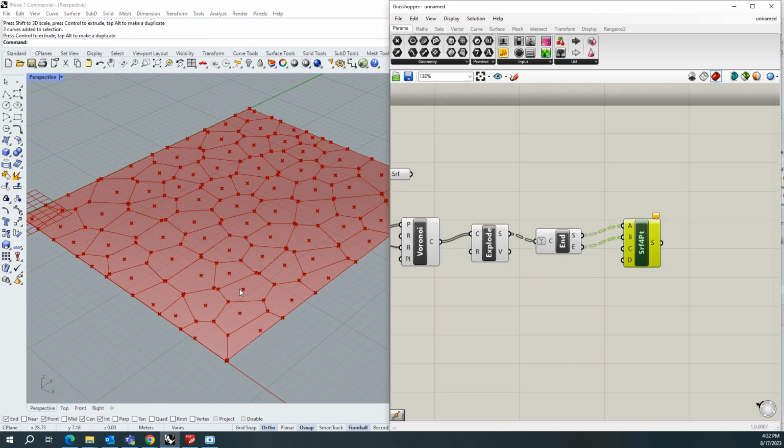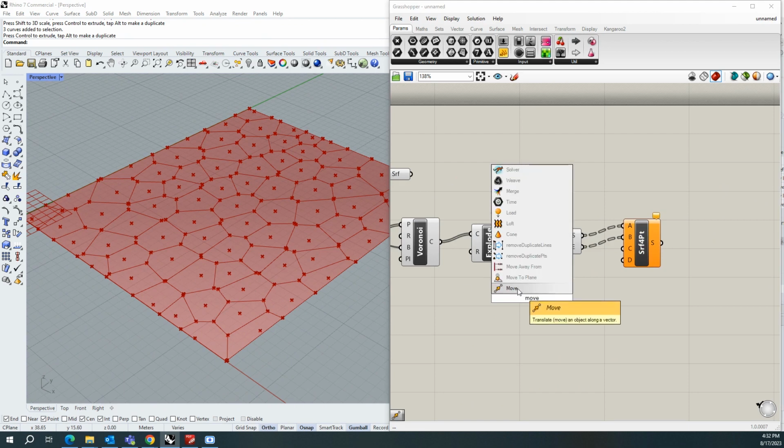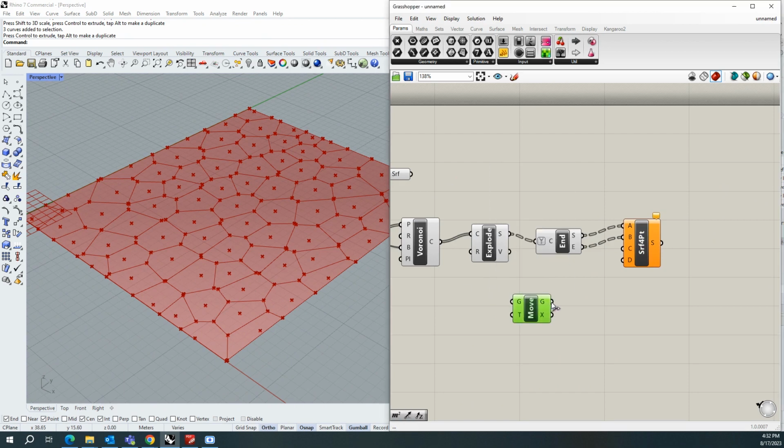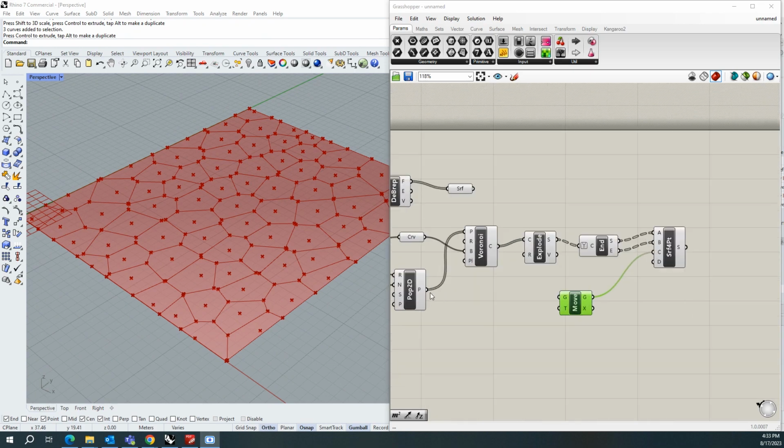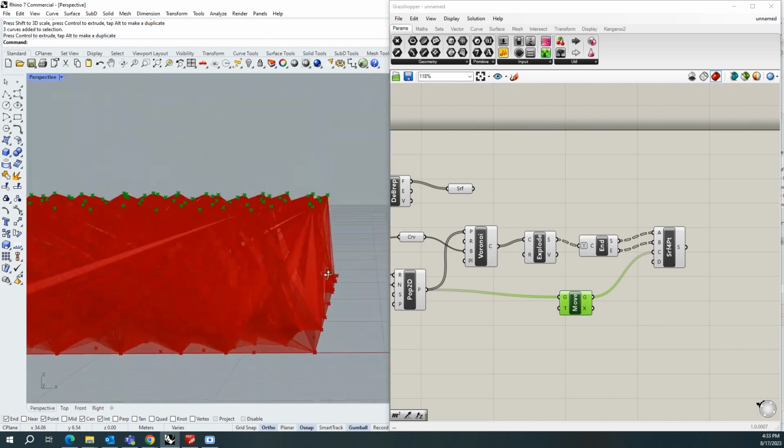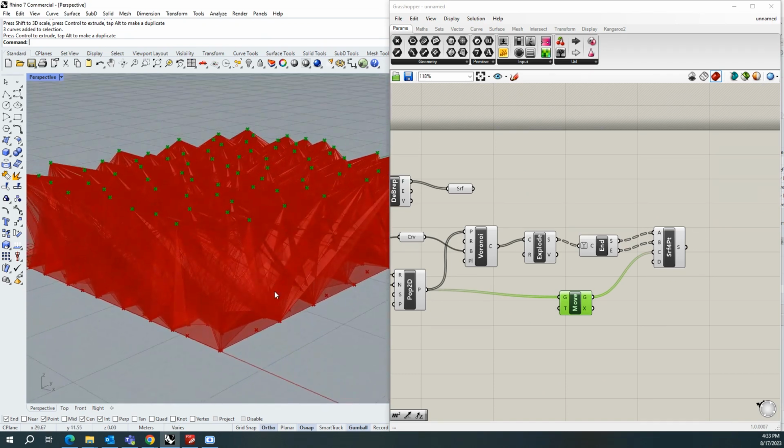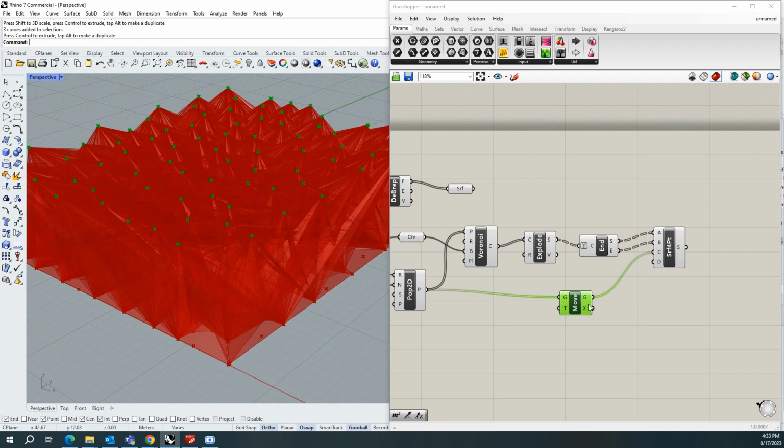The third point I am going to extrude a little bit higher, so that it will not be in the same plane. I'm going to use the option called move, and I will connect this point here. And I will connect the center point, the populate 2D point, to this move component, so that it will become something like this, which I don't want. So what I'll do is I will graft this,